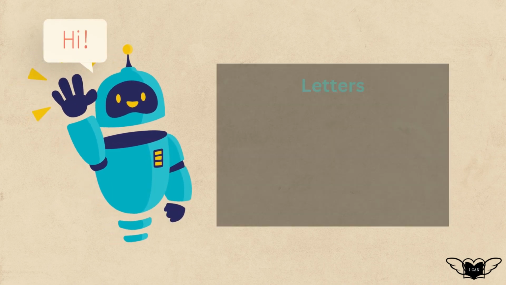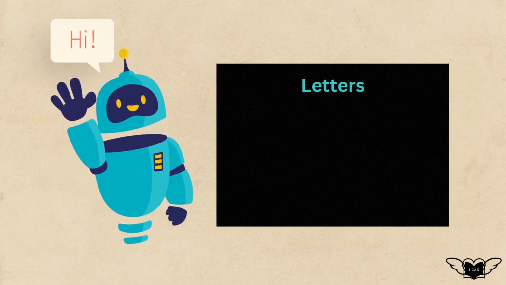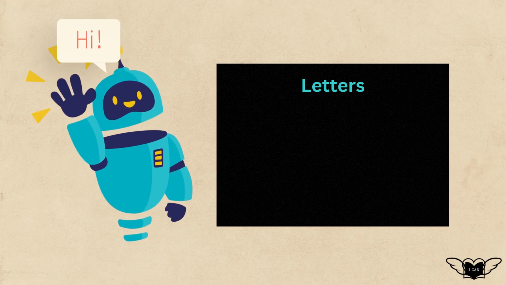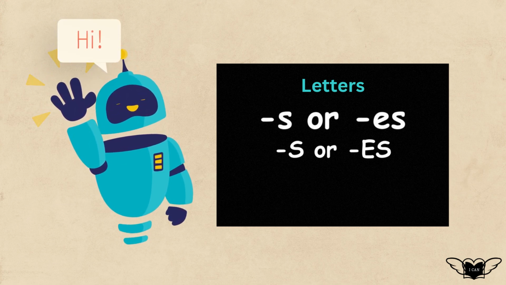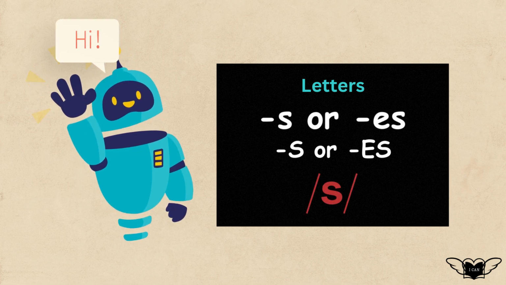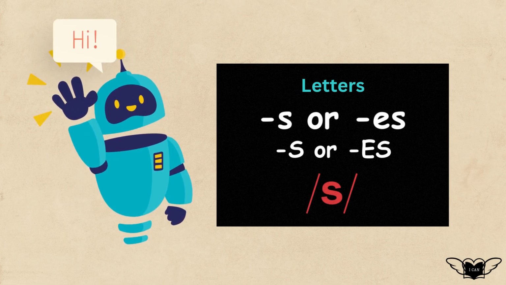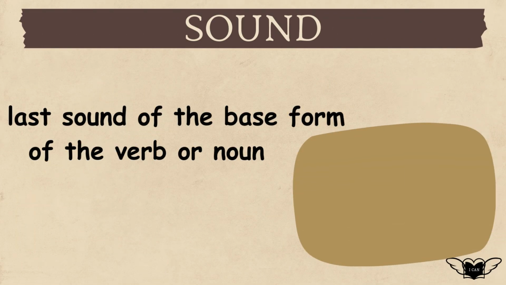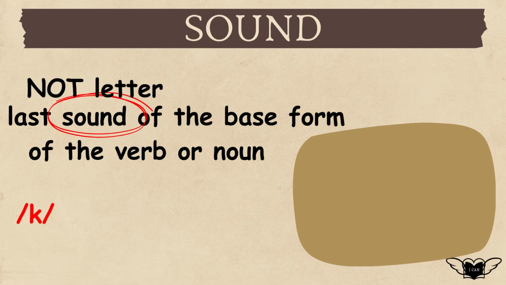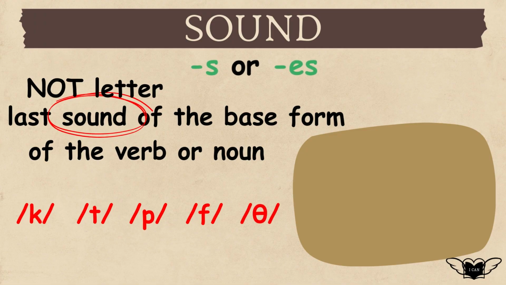Hi. Let's learn how to read plural nouns and the present tense form of regular verbs, adding s or es. The first is when the last sound of the base form of the verb or noun has one of the following sounds, not letters, sounds. And the added s or es is pronounced